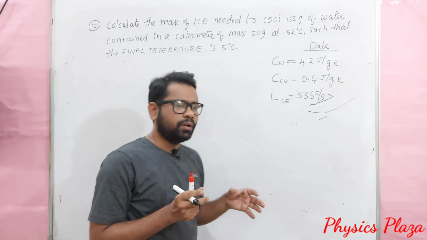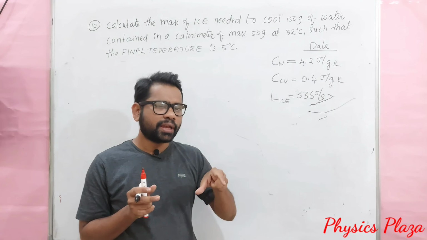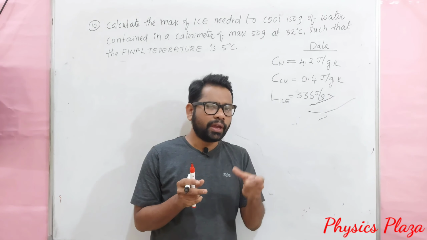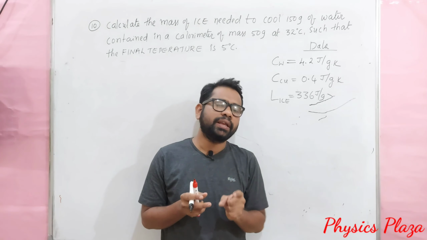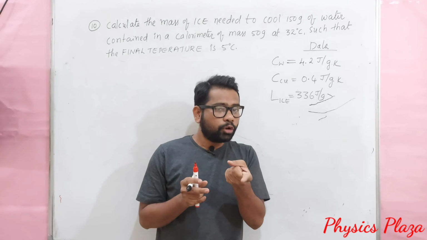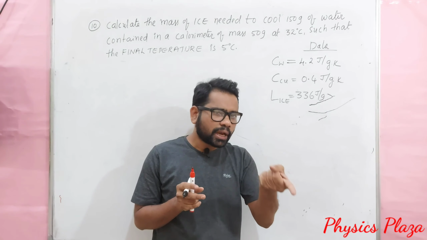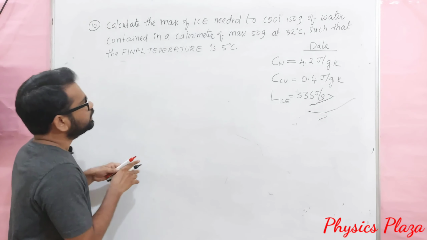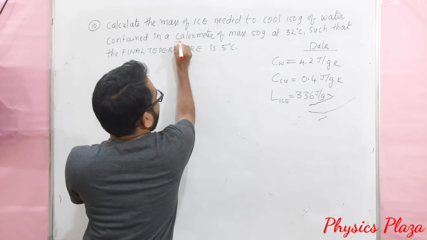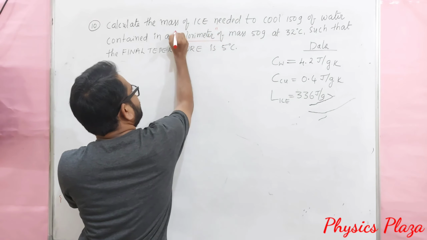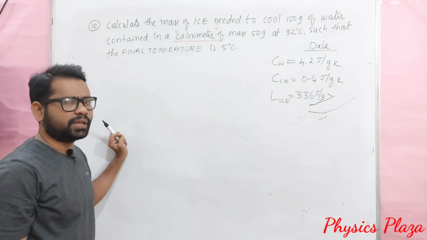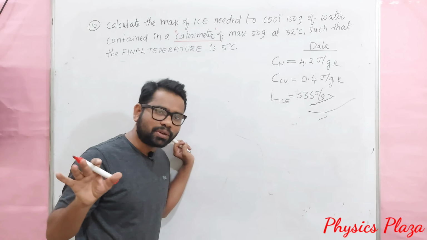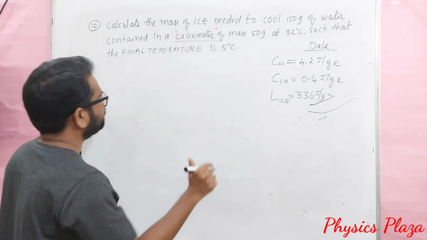In this question, they are adding the calorimeter concept also, children. Till now, for the vessel in which we have taken water and ice, we have not considered the mass of the container, so we have not calculated either the heat lost or the heat gained by the container. But in this question, they are asking us to consider the calorimeter also. It is a little bit different, but the same concept. Let me explain first.